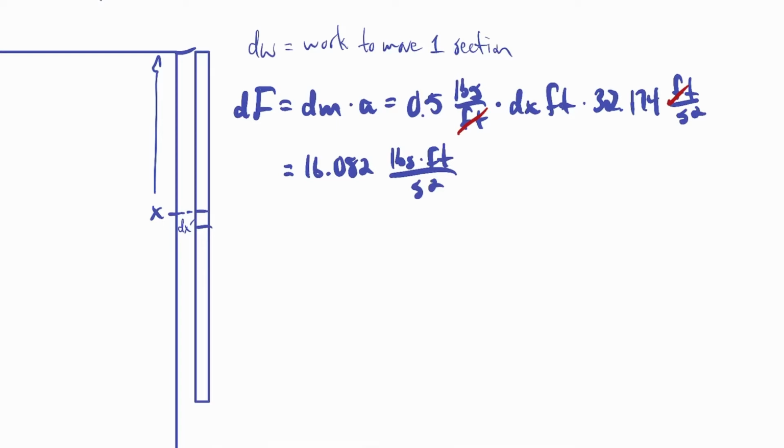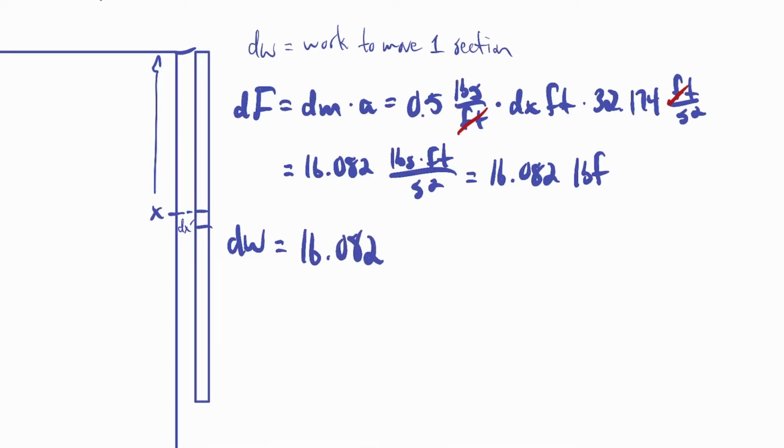Which is, if we want, 16.082 pounds force. Okay, we don't need to talk about pounds mass anymore if we don't want to. So that is the force due to gravity working on that section. Okay. So the work involved, dW, is going to be